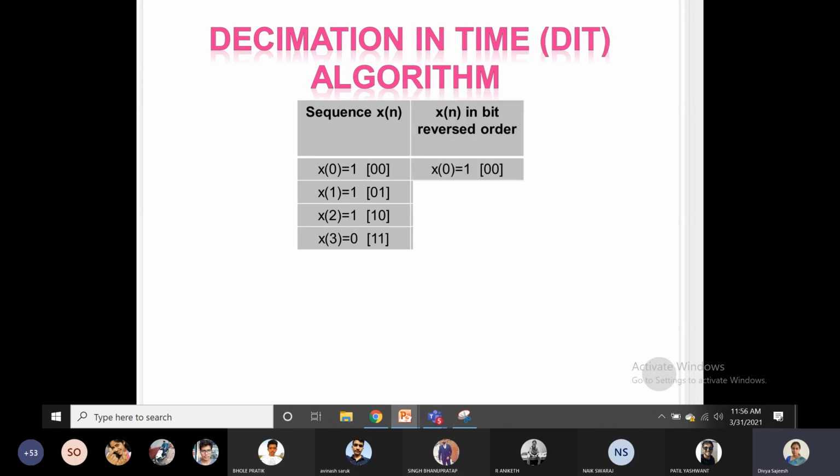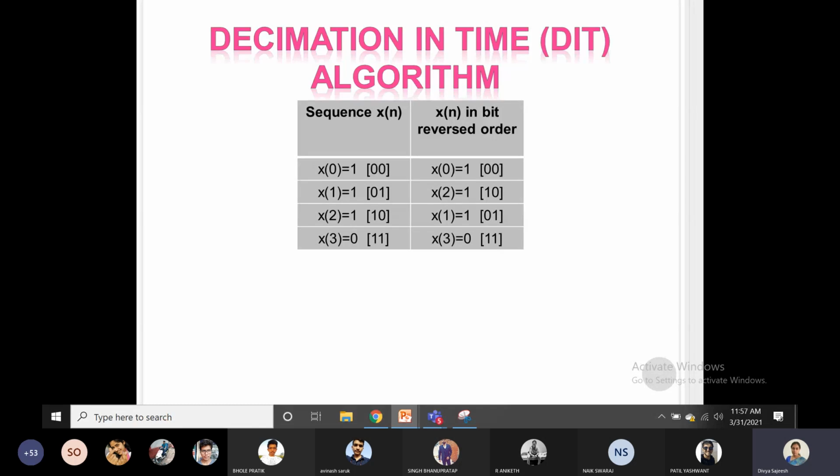So when I write x of n in the bit reverse order, the first one will have no change. It will be as it is. Now the second one, 01, will change to 10, that is x of 2. x of 2 is also the same thing, 1 only. So even if I write it in the reverse bit order, the position is changing, but the elements will be the same as your original. 1, 1, 1, 0 are the elements we obtained after reversing. Your original x of n is also 1, 1, 1, 0 only.